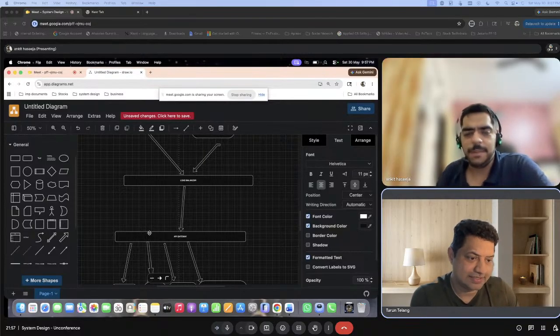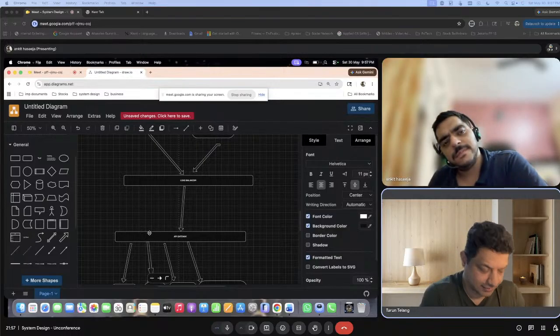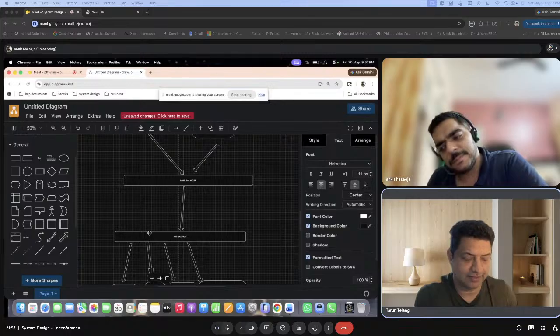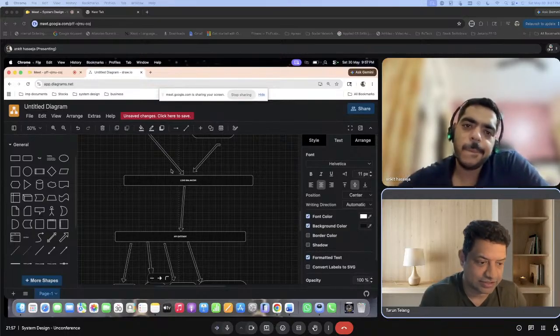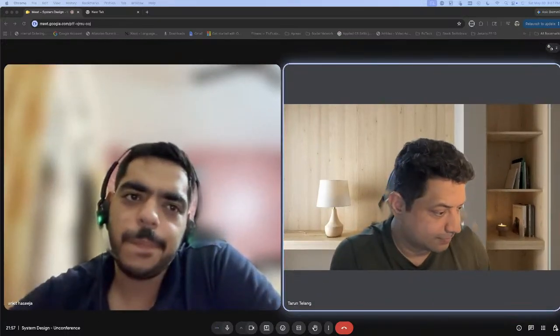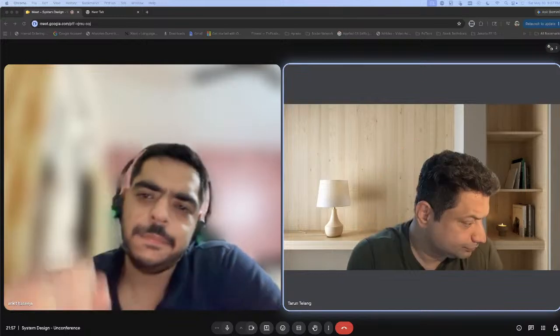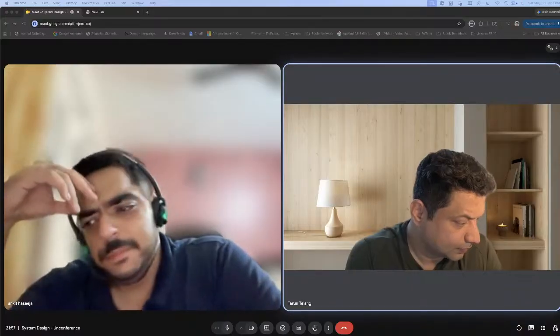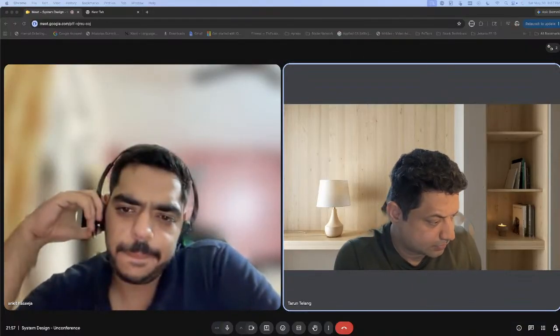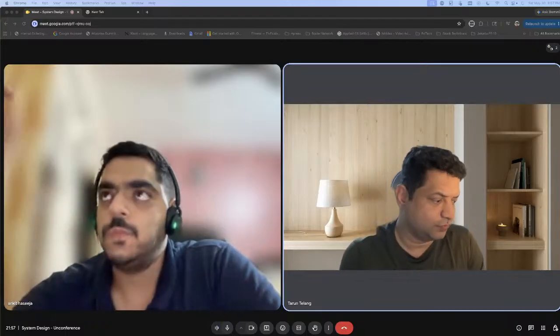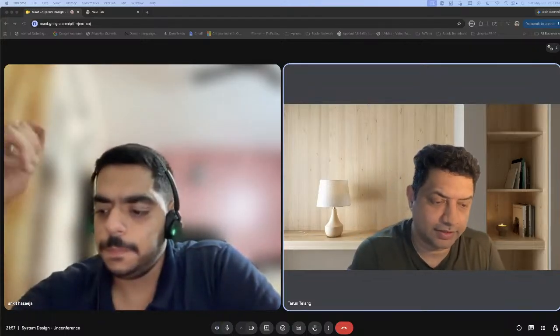So you can establish a WebSocket connection to ensure real-time communication with minimal overhead, and riders see the driver location instantly. Good. So we covered, you will use a quad tree or